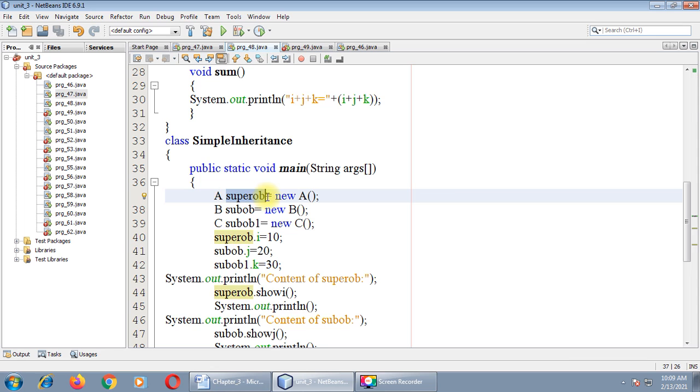Here the object of class A is defined with name super ob, right? The name of the object of class B is defined as sub ob, and the name of the object of class C is sub ob 1, right? આપણે super object create કર્યો, sub object class B નો sub object create કર્યો અને class C એનો sub object 1 create કર્યો છે. Now super ob.i